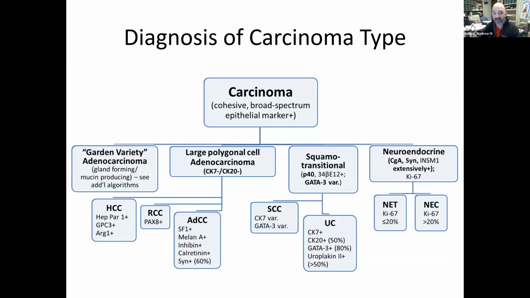This is an algorithm that I use all the time. It's sort of complementary to the last one. Once I've gotten a carcinoma, I'm trying to decide whether it's a garden variety adenocarcinoma, which is readily recognizable on the H&E. It makes glands or tubules or papillae or mucin. And for this, we'll use my principal algorithm for adenocarcinoma of unknown primary, two slides from now. Then there's what I refer to as large polygonal cell adenocarcinoma. That's HCC, RCC, adrenal cortical carcinoma. There's also